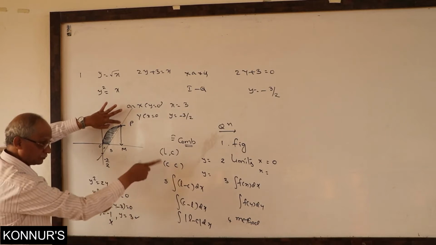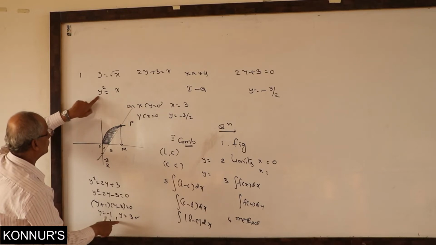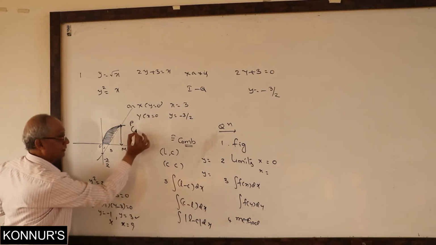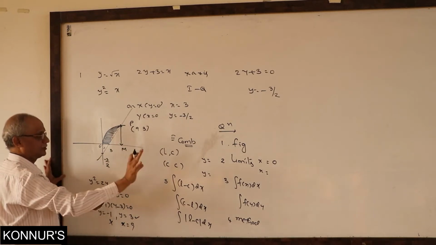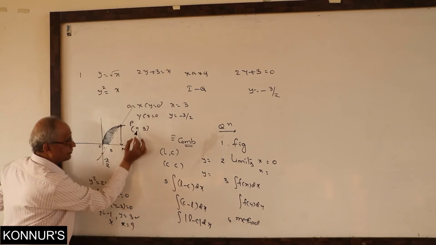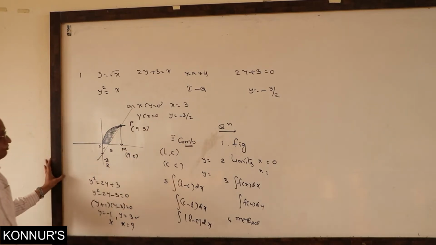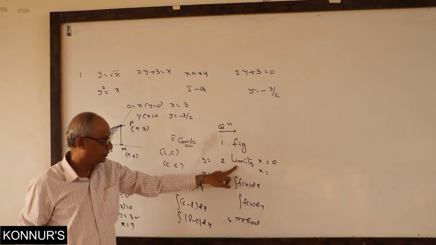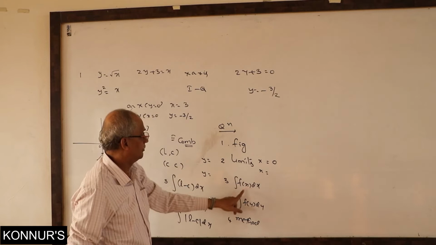But we want the x value. You got the y value 3. Substitute it here. What is the x value? That means the point of intersection is 9, 3. Full solution I am showing, first problem only, for the full chapter. Okay, the complete method is there. Point of intersection: what is the meaning of 9, 3? If you draw a perpendicular line, 9, 0. Now the figure, shading the region and limits are over. We are doing with the x-axis. Therefore, using x limits, we need a function of x.